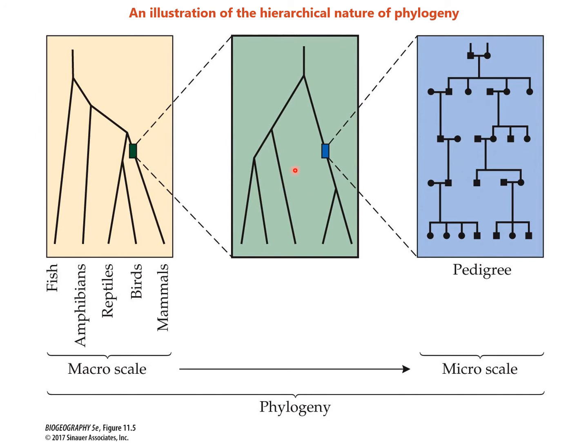But it's hard to really go beyond that, and that's really where the influence of molecular systematics is able to extend this scale. So you can even zoom in within here and look at the genetic pedigree of these organisms and get some genetic information that can really help tease out whether something diverged and when something diverged, and the evolutionary relationships that might be the result of that and might have preceded that divergence. That sort of information allows systematics to be applied at the macro scale and at the micro scale,